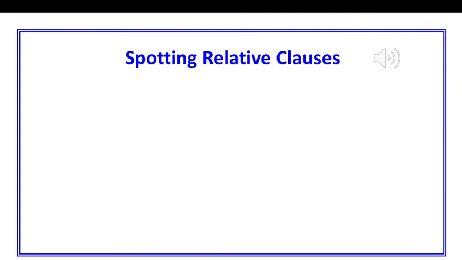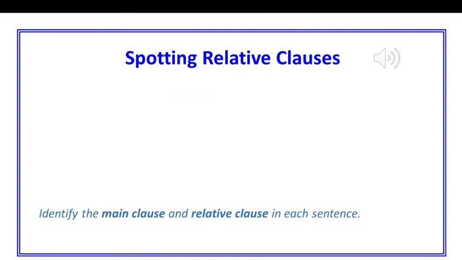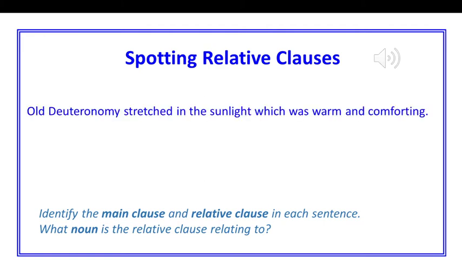So we're just going to work now on how we can spot relative clauses. For this activity, you're going to be identifying the main clause and the relative clause in each sentence and figuring out what noun the relative clause is relating to. So for the sentence, old Deuteronomy stretched in the sunlight, which was warm and comforting, what you need to do